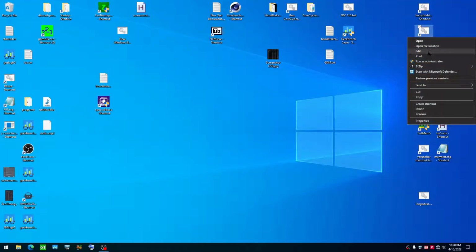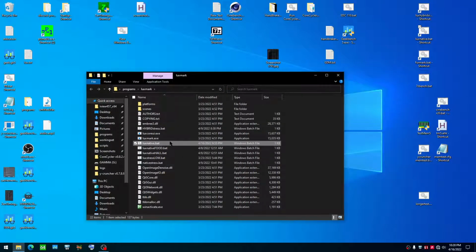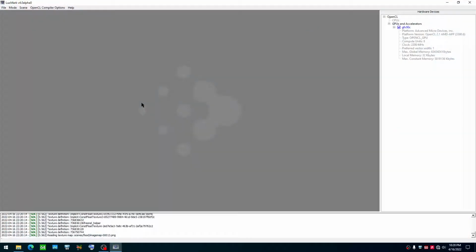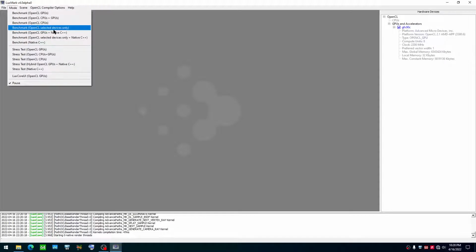Luxmark is another sweet benchmark. I don't know why people don't use this a lot. There are so many tests you can run with Luxmark. Here's the actual GUI interface of Luxmark. I'm using V4. But here are all the different benchmarks you can run. You can run it on your GPU, you can run it on your CPU, and you can run both at the same time. So I'll show y'all